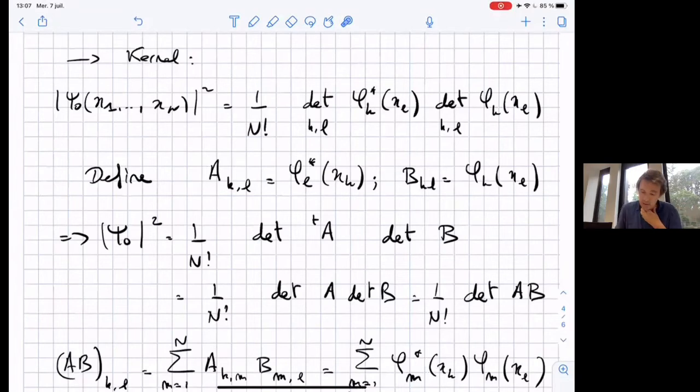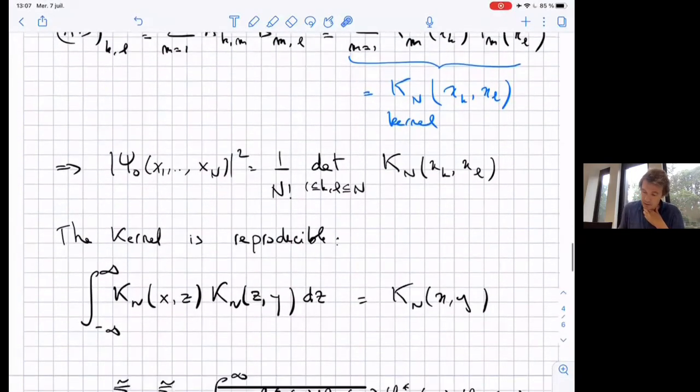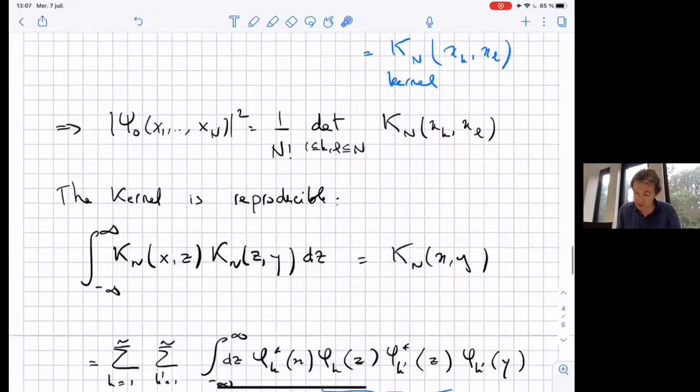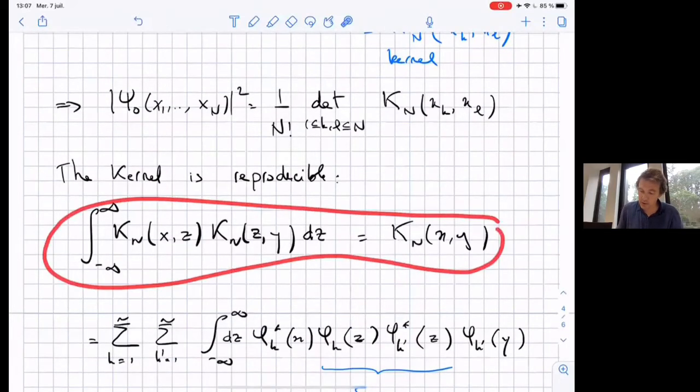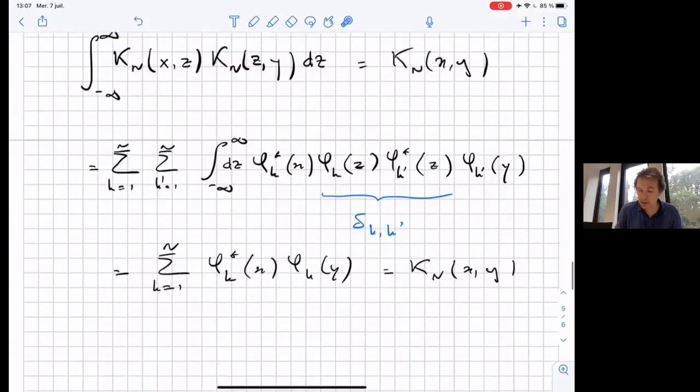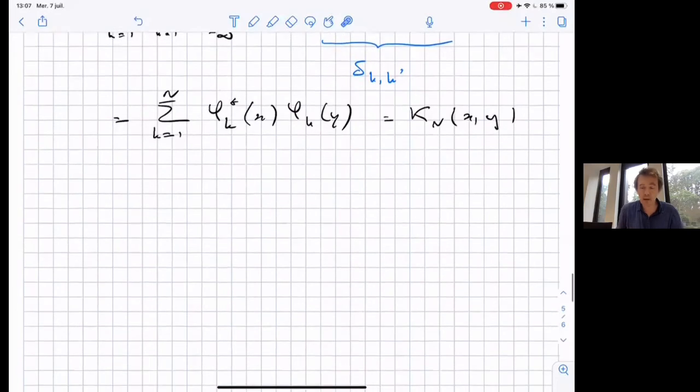And it turns out that here, because of these two things, namely that the psi0 squared can be written as a determinant here, and because of these reproducibility properties, I will not do all the details of the computations, but it turns out that all the correlation functions that I will define in a moment, they actually take a determinantal form. Okay. So the consequence of that indeed is that